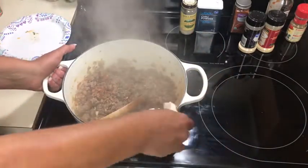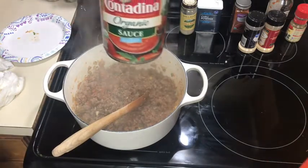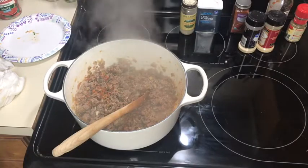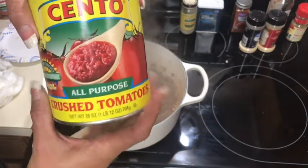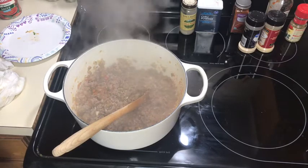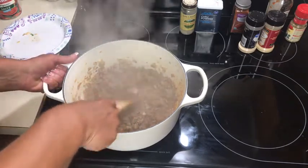I only have 1 can of tomato sauce. You need this yet? This is the tomato sauce. No, when the ground meat's done, we'll use that. I only have 1 can, but I have these crushed tomatoes. And these are really delicious in any kind of tomato sauce that you have. But let me cook the ground meat a little bit more,